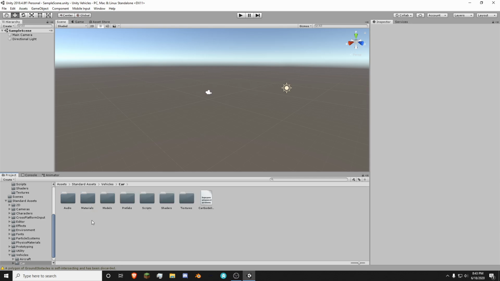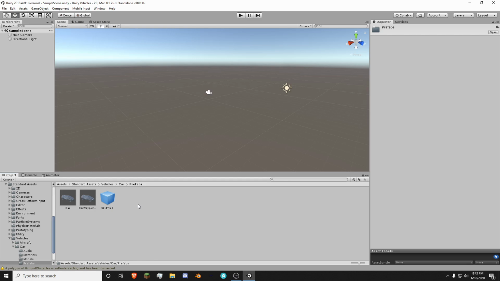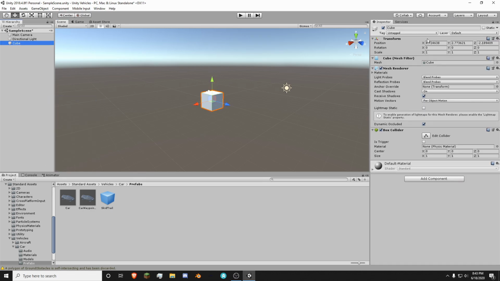So you open up car, you have all the stuff that comes with the car, but we're going to want the prefab. So you open that up, you're not going to drag any of these in yet. First, what you're going to want to do is make some kind of road for the car to drive on, which is pretty important. So if we right click over here and hit 3D object, cube, we want to go over here to inspector, right click on the text transform, not anywhere else, and hit reset. That'll put it at